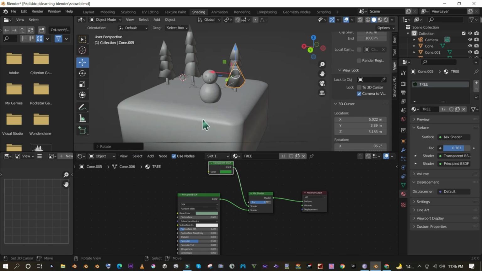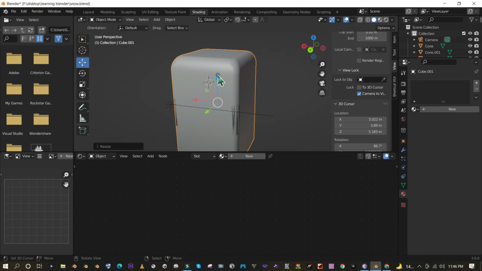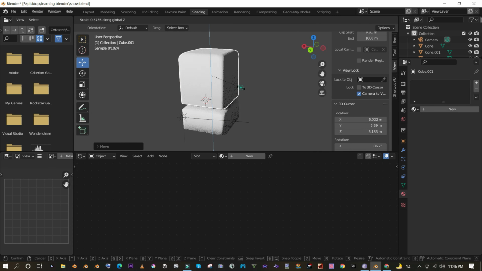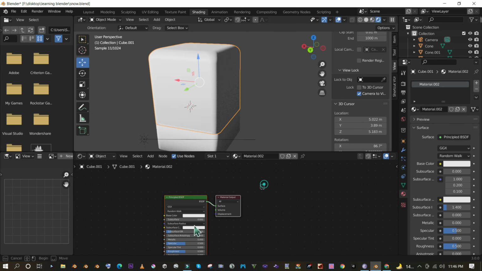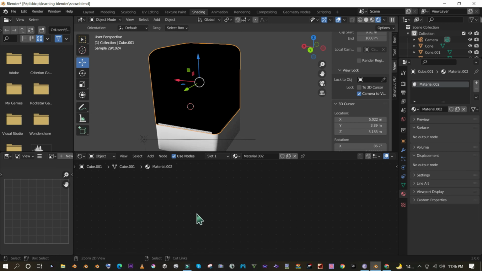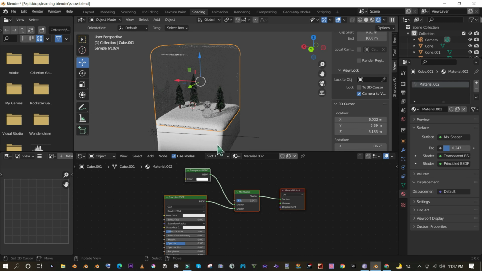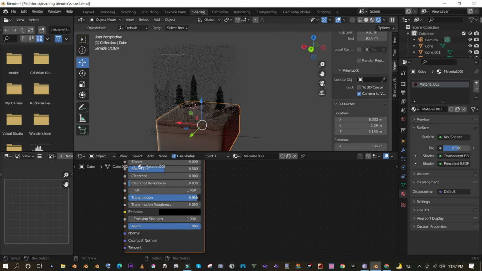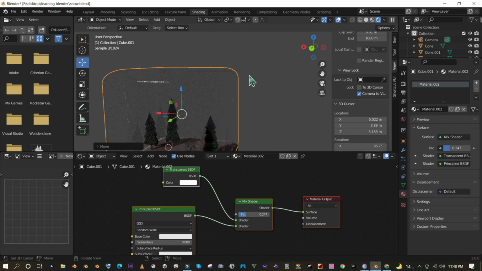Now I'm going to create a box shape structure for the outer body of this decoration piece. We need to add the same transparent texture on this object, but we will change its transparency to very low because we need to see through it. It is very necessary to implement different kinds of experiments on your product.